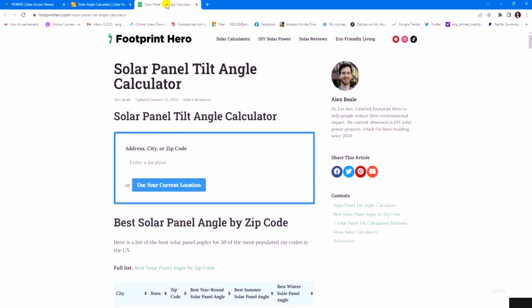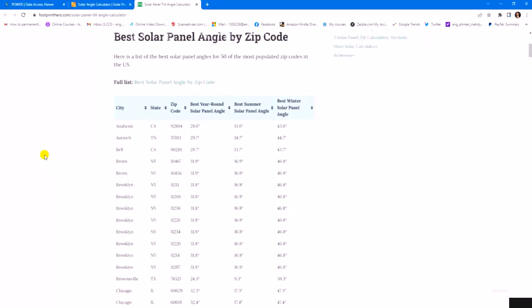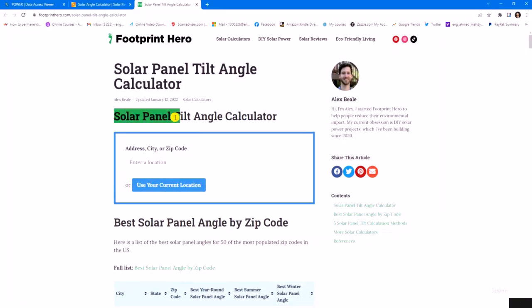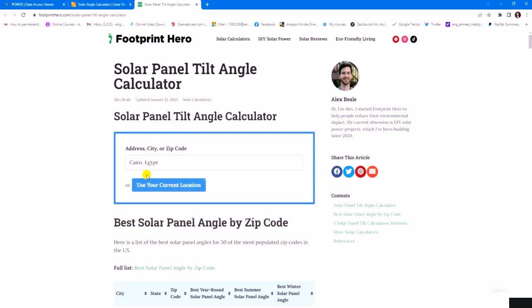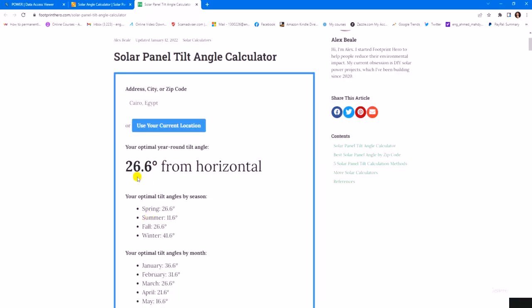Now the last method is using this website, Footprint Hero. This website can help you get the solar panel tilt angle. For example, I'm going to say Cairo, Egypt. It will give you, from the horizontal line, the optimum year-round tilt angle through the whole year, which is 26.6 degrees.